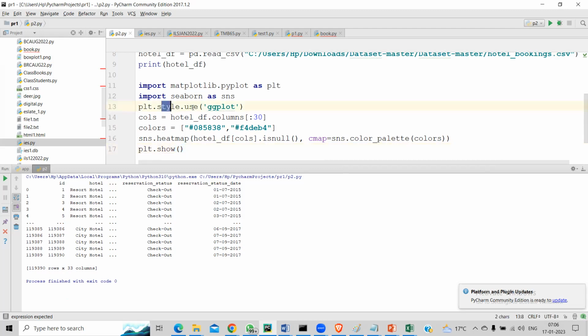So I have created a style, ggplot. Then I've taken a subset of the columns. I've created two color codes. I'm saying hotel df selected columns is null. That's the data. And the colors which I'm giving are color 1 and color 2. Then plt show will display the graph on the screen. If you don't give it, you won't get it on the screen. So now when we run it,